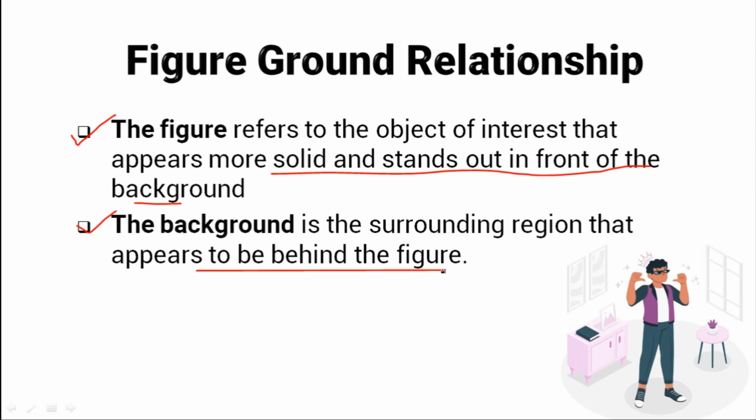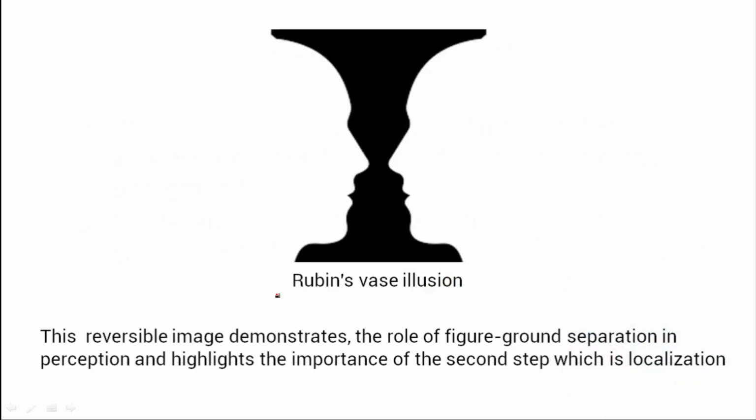Let's take a look at an example of a reversible image. In such images, you may see different objects or figures depending on how you interpret the visual signs. For instance, consider the famous image of the Rubin's vase illusion. In this image, the moment you think the black is the background, which means that this figure is a cutout, you see two people staring at each other. Can you see the two people staring at each other?